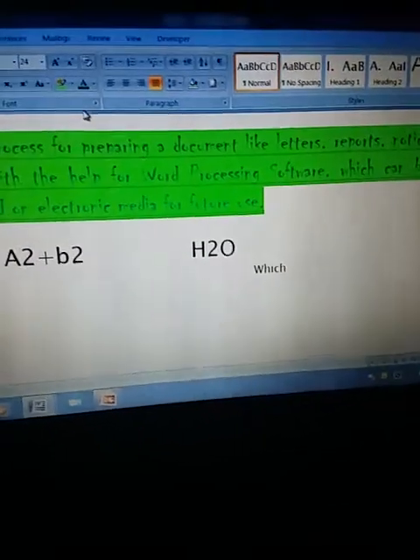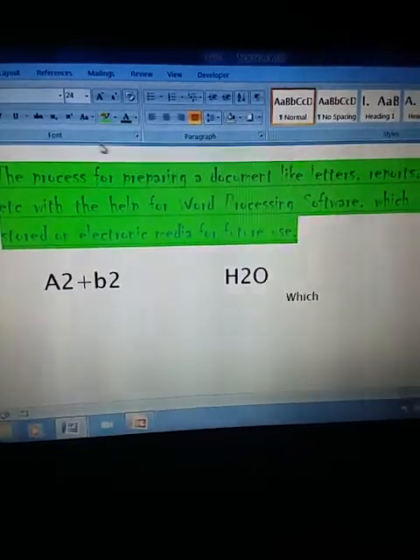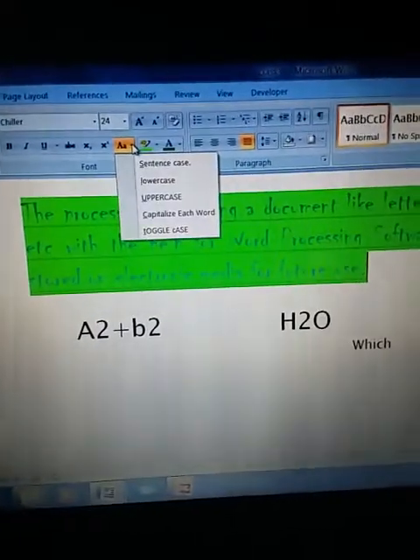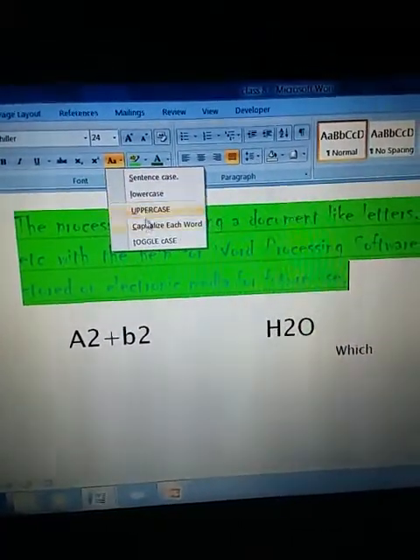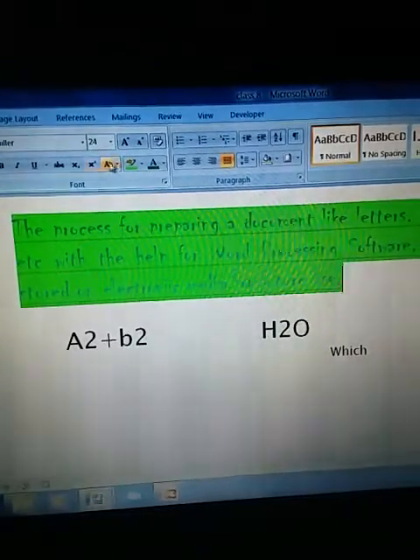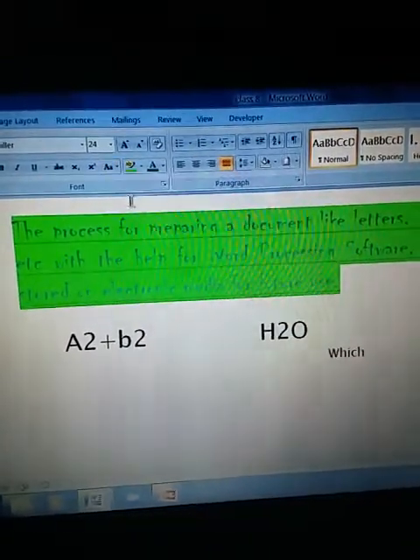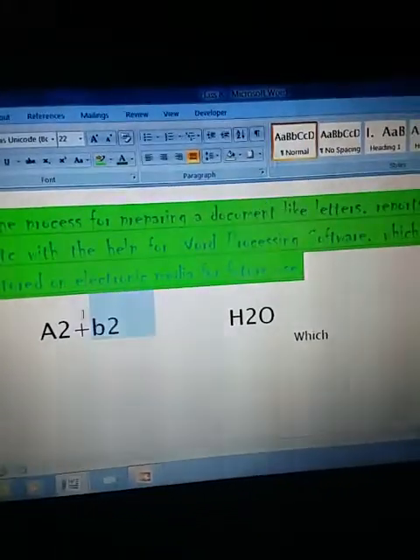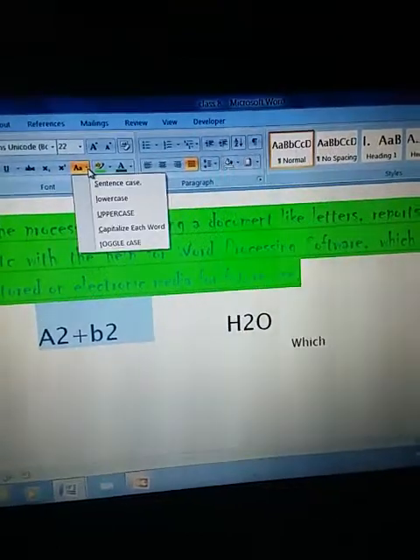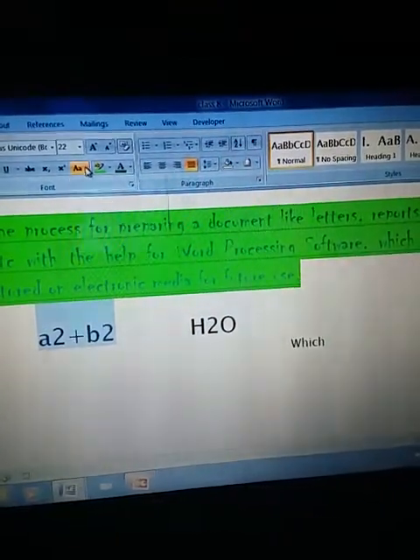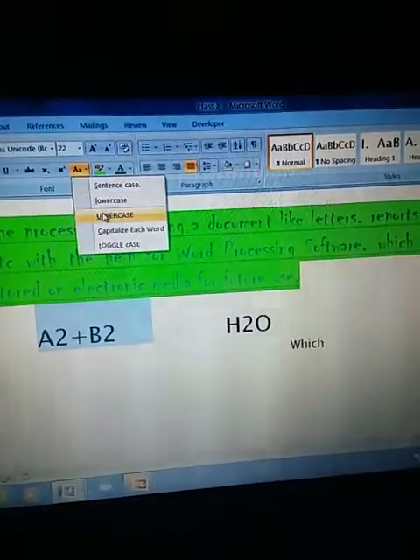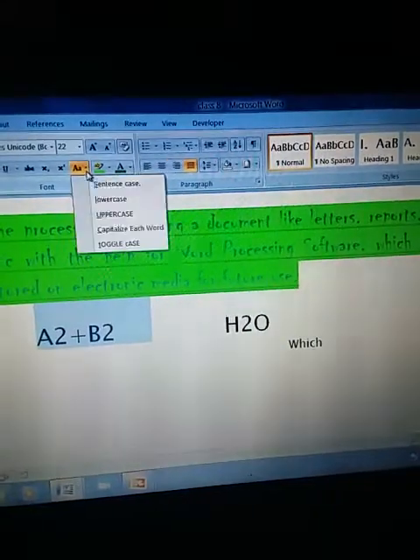Next is changing the case type. I want to change the case type, that is sentence case, lowercase, uppercase, whatever you want, it will be changed according to that. Select it. I want it in lowercase, it will be in lowercase now. I want it in toggle case, it will be in toggle case now. Select the text first, then you can give the effect. These are your change case options.